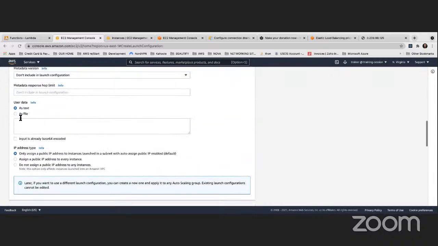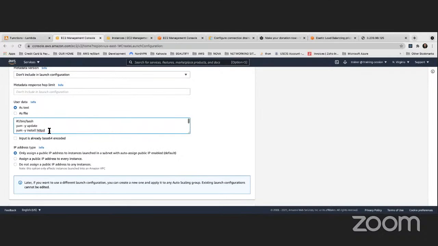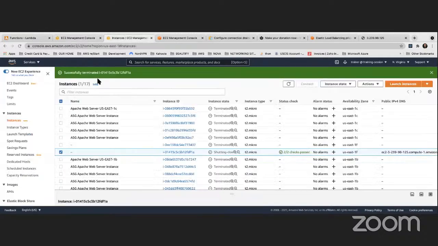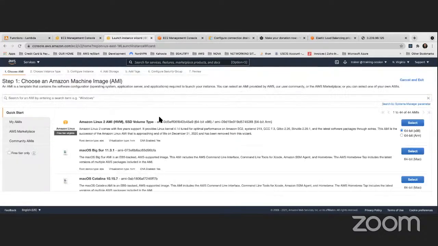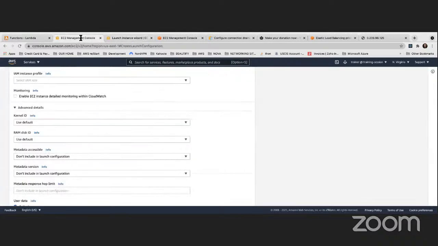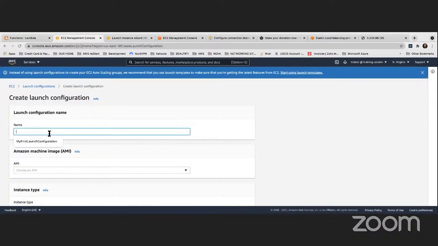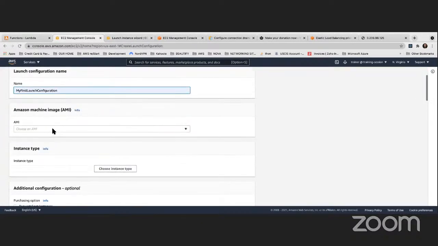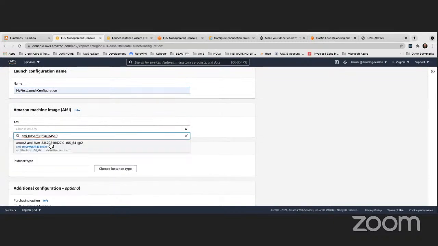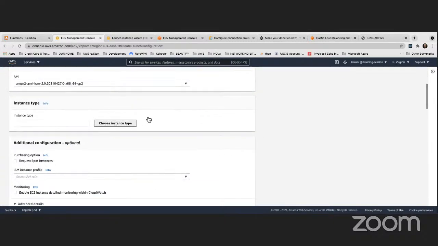Okay. User data here. Okay, perfect. So now I'm gonna get the instance ID. I'm sorry, the AMI ID. And I'm gonna use it here. My first launch configuration, AMI, this one, perfect. T2.micro,